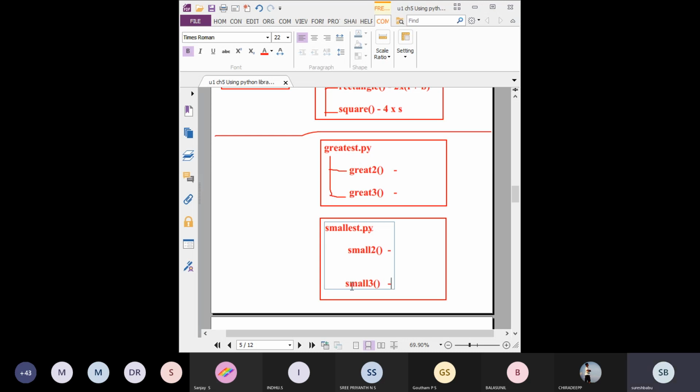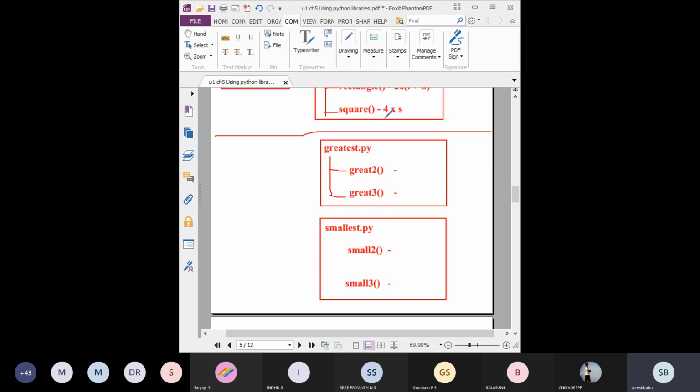This is easy only, but I am just showing you that you have to create a program. Different modules. Kindly understand this concept and create individual modules with functions. These are two different functions. And don't forget, you have to create a